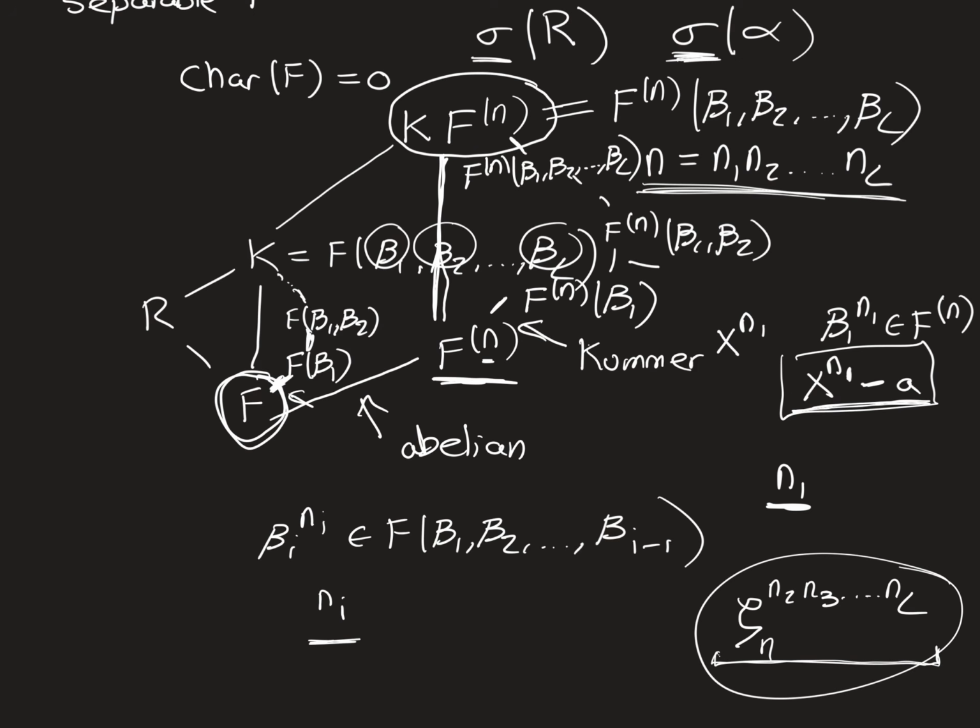And then the same argument holds up here. This extension that we're extending contains a primitive n2th root of unity, and we're then joining a root of a polynomial of the form x to the n2 minus a, where a is certainly in this base field. It's actually in a much smaller field than this, but it's certainly in this one. So each one of these is a Kummer extension, and we know Kummer extensions are all abelian. So we've now got a finite tower of abelian extensions